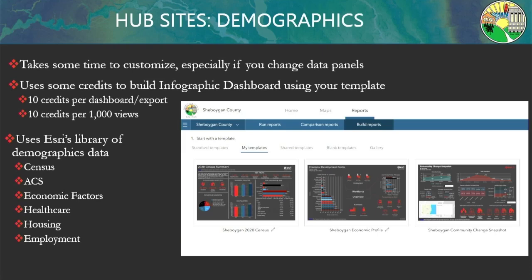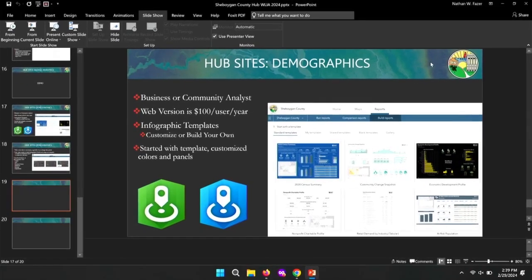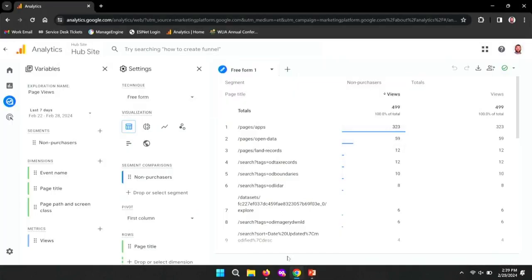But what's really cool with this is that obviously you have access to all of Esri's demographic data, right? Census, ACS, they've got economic things, healthcare, a lot of information you can put out there. So again, I'm just going to jump out and do a quick demo. Go back to my